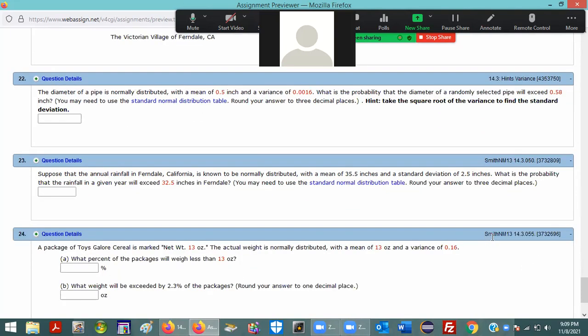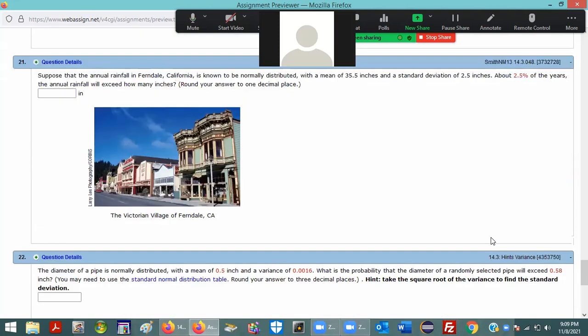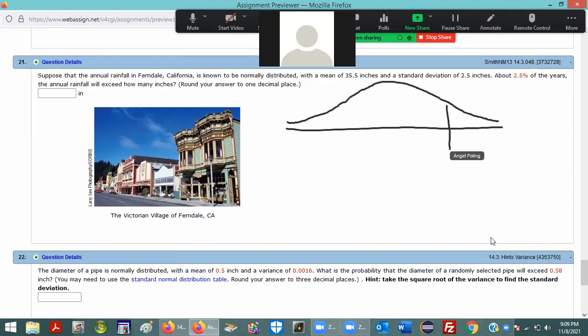Number 21, we have, suppose the annual rainfall in Ferndale, California is known to be normally distributed with a mean of 35.5 inches and a standard deviation of 2.5 inches. About 2.5% of the years, the annual rainfall will exceed how many inches? And so they're asking us to find the X value of having 2.5%